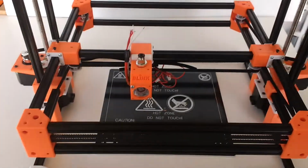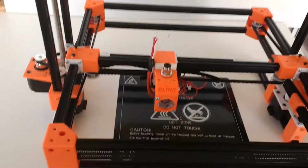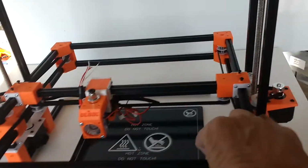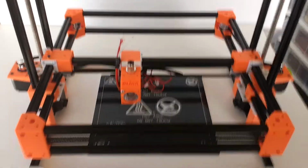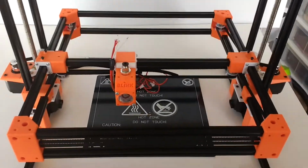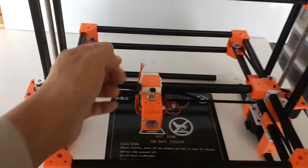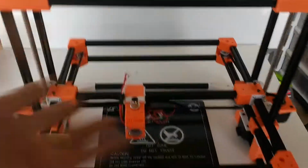It's an unconventional design by means of the location of the X and Y motors here. You will not see this on any Core XY typical machines. This is the first one, I believe. I searched high and low on the internet to see if I could find a similar machine with the motors in symmetry that you see here, but they're not. All of the machines that are Core XY have the motors at the corners there, and that's how everybody builds